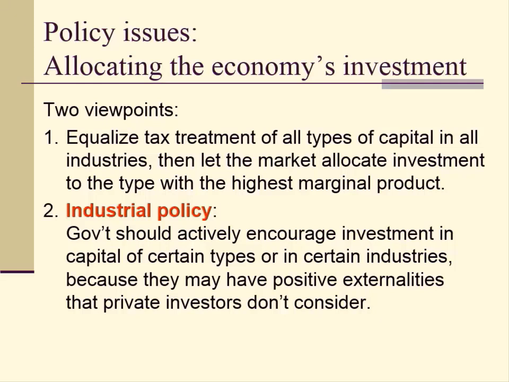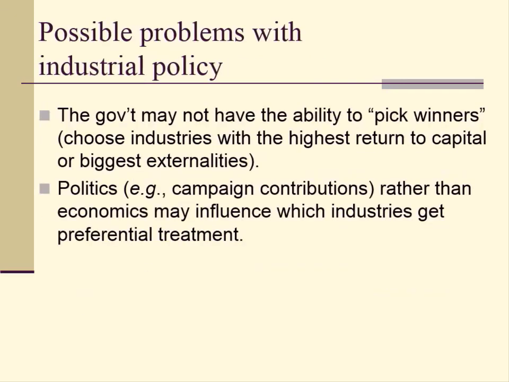By the way, this sounds good at first. However, there's a problem with this. Let's look at the possible problems with industrial policy next. The first problem is that the government may not have the ability to pick winners. That is, choosing industries with the highest return to capital or biggest externalities. And the second possible problem is that politics, for example, campaign contributions, rather than economics, may influence which industries get